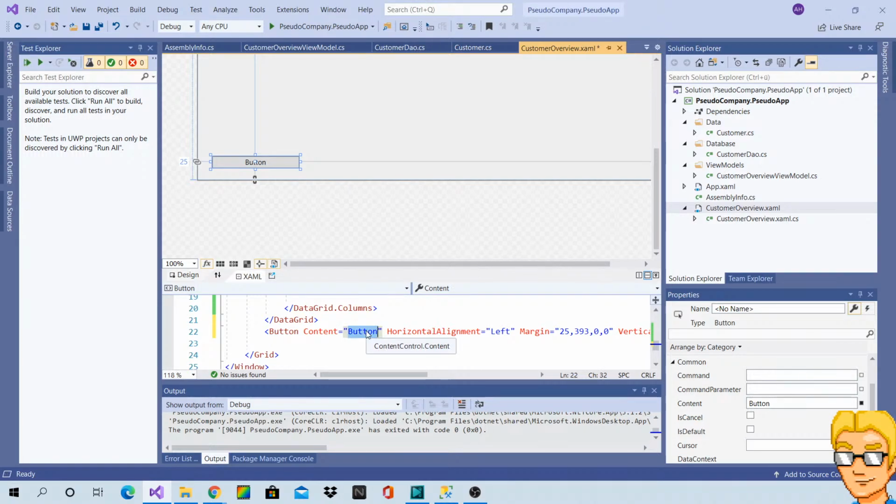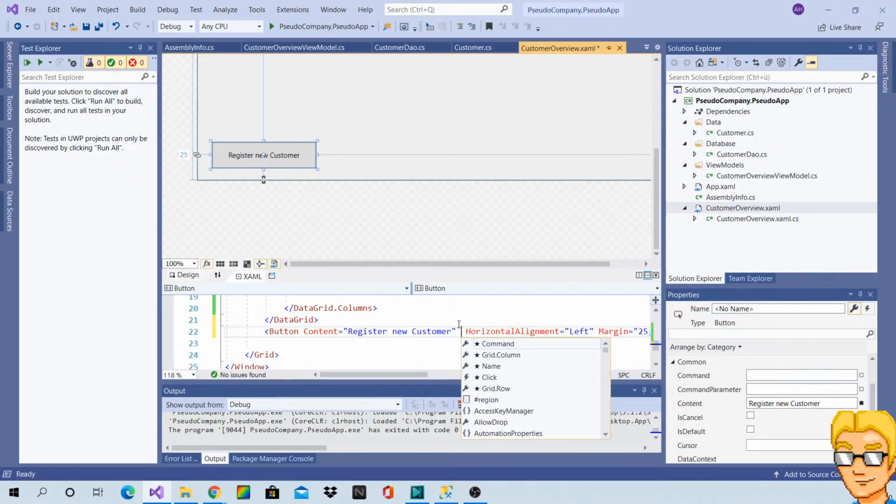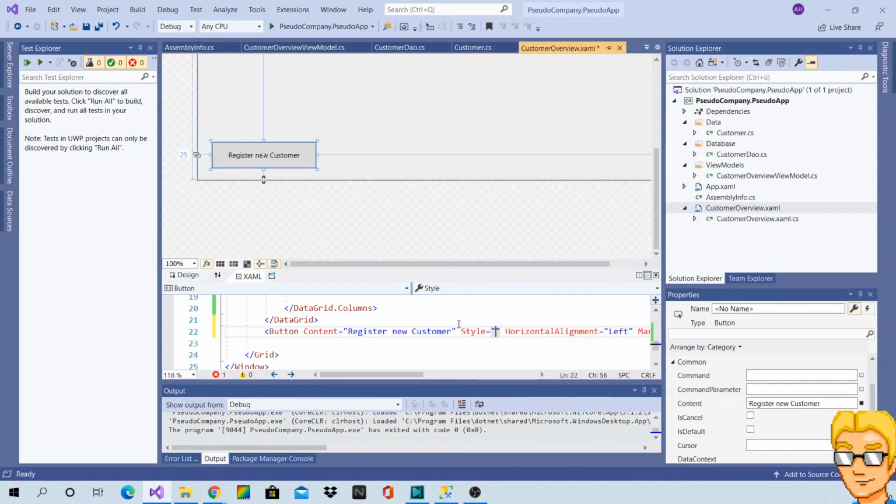So say create customer, or maybe let's have it more domain based. Let's say register new customer and make it large, and maybe, oh no, it's called style. Never mind, let's just use the default button.